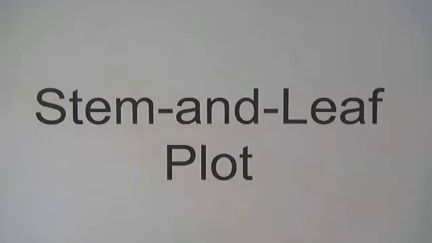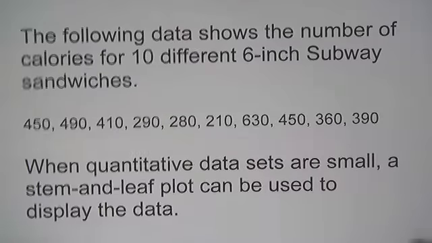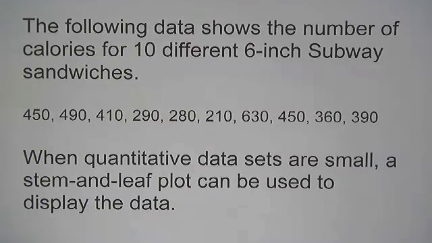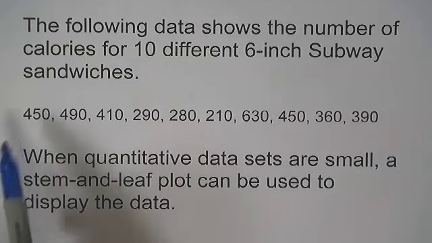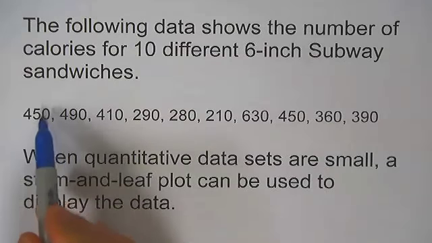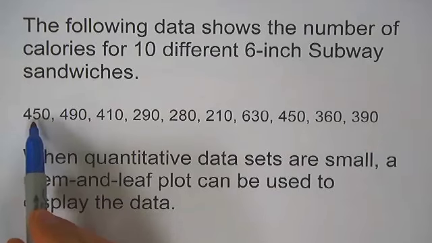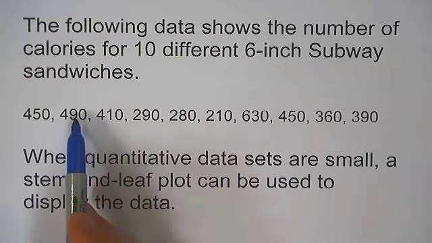Hi, this tutorial covers a type of graph called the stem and leaf plot. So let's start with some data. The following data shows the number of calories for 10 different 6-inch Subway sandwiches. So notice the 450 here, that means there are 450 calories in the first sandwich, 490 calories in the second